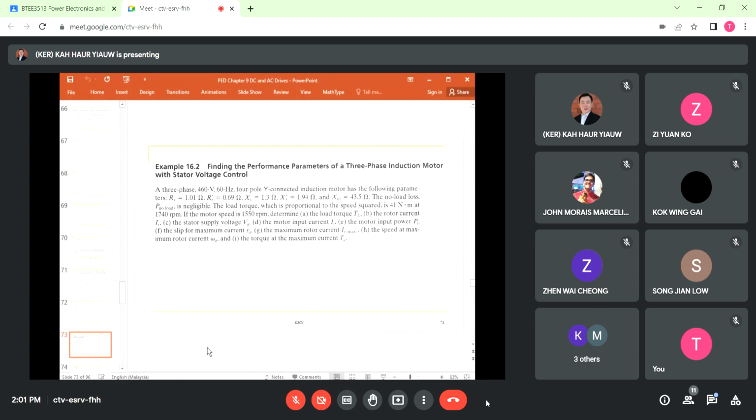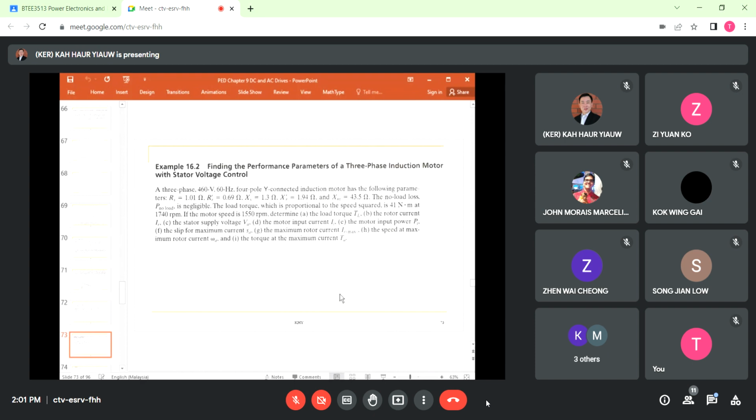Example 16.2. Finding the performance parameters of a three-phase induction motor with stator voltage control. A three-phase 460-volt 60 Hz 4-pole Y-connected induction motor has the parameters that are given here. The no-load loss, P no-load, is ignored. The load torque, which is proportional to the speed squared, is 41 Newton meter at 1740 RPM. If the motor speed is 1550 rpm, determine